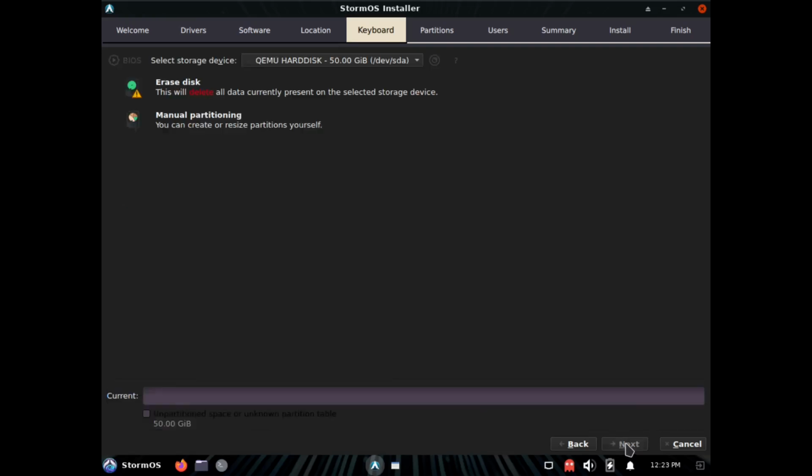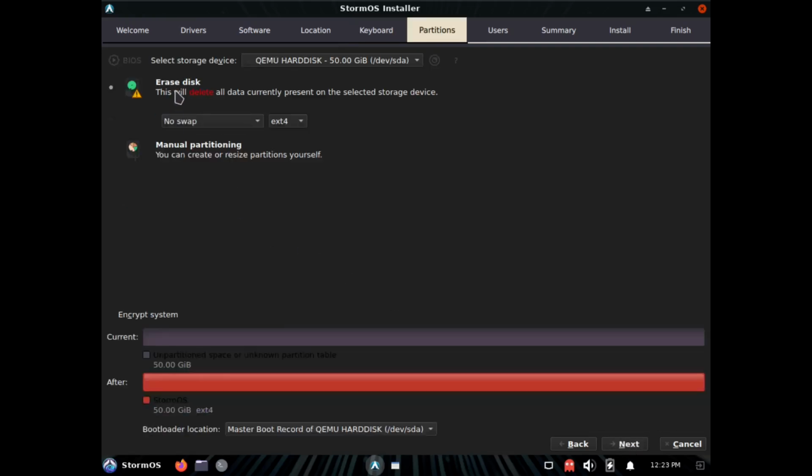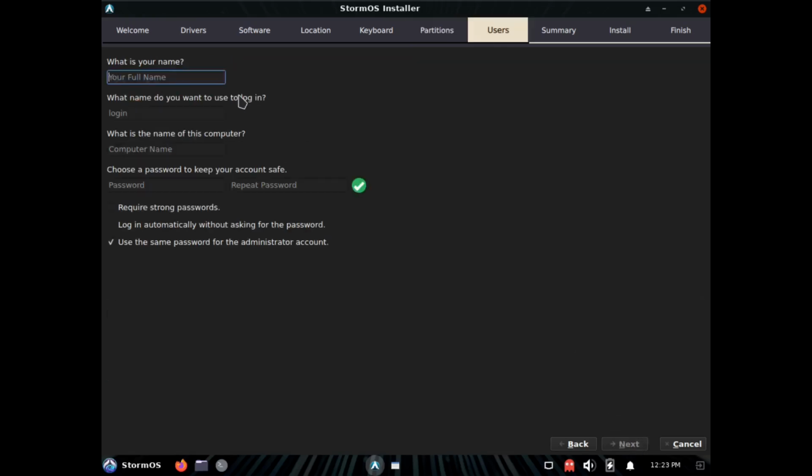Keyboard, it's okay, default. I want to completely erase this one. If you have some option, you could also do that for the swap, which is your virtual short-term memory, or your virtual memory through your hard disk drive or your solid state drive, SSD, or your HDD. Okay, of course, don't forget to put your computer name. Of course, I'll stick with my RealBbe, and of course choose your password